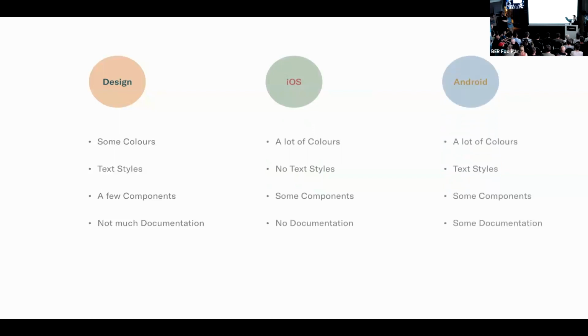Android was way ahead of us. They were already using, obviously also a lot of the same colors, but they had text styles. They had a good amount of components already pre-built and some documentation. It was pretty sick. We were like, this is a cool starting point, but then you compare the three and none of this is aligned. All these colors are off, all these text styles are off. So we were like, okay, we're going to have to start super, super early stage and start with the